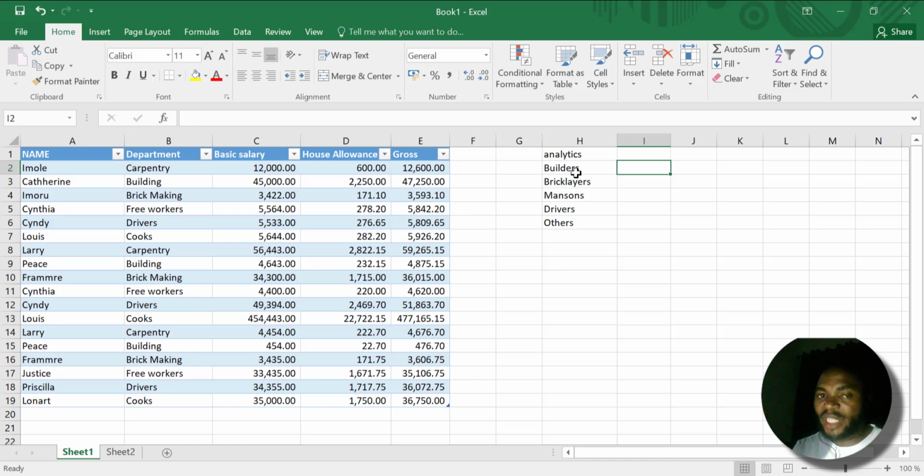So building is the action, which is the verb, and builders are the nouns, right? So we are saying that we want to calculate how much we are spending on the builders. And don't forget that the builders are the people who are working in the building department. Okay, so obviously, because our table is very short, it's not large, it will be very easy